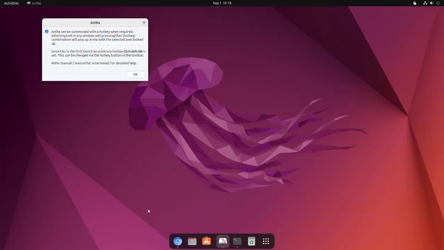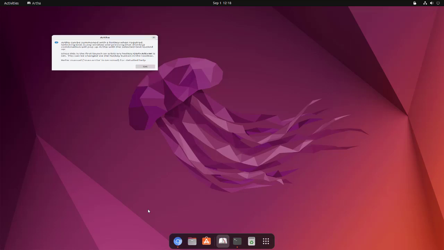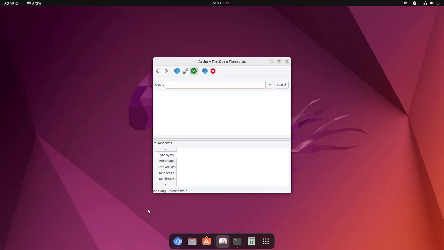As you can see, it can be summoned by the hotkey Ctrl-Alt-W and it should be launched, right? So basically, whenever you wish to call for it, simply select the text in any window and then look up Artha, right? Or you can also use Ctrl-Alt-W, right? Click on OK, right? So here you can see we have Artha for, let's see,